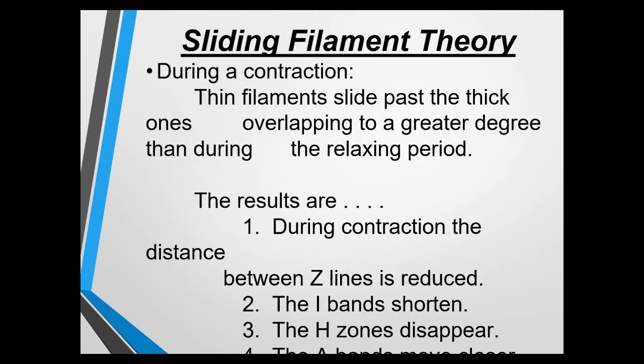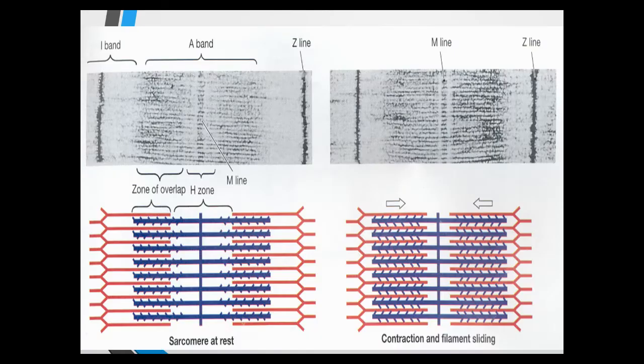So the sliding filament theory is when thin filaments slide past the thick ones, overlapping to a greater degree than during the relaxed period. The results of the contraction: the distance between the Z lines is reduced, I bands are shortened, H bands, H zones disappear, and the A bands are going to move closer together, but they don't change in length. So I'm going to show you all of this through a lot of different